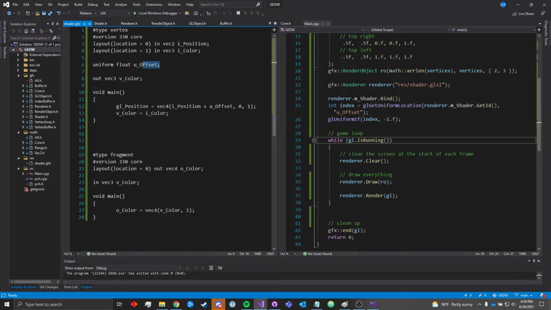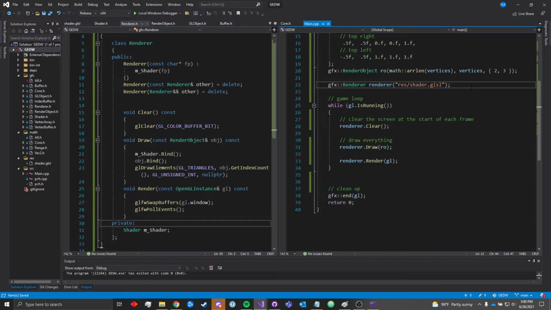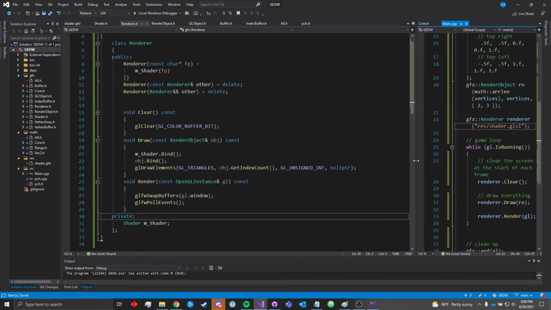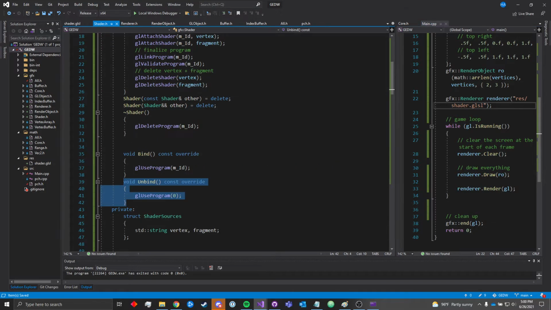Okay, so now that you know what a uniform is and what they're used for, what they do, let's properly wrap all of this up in our shader class. So the very first thing I'm going to do, just before I forget, is come back to the render and uncomment that private, because that's pretty egregious. You should never, that's a terrible violation of object-oriented concepts. But yeah, anyway, so uncommented that, make that private again, and in our shader,